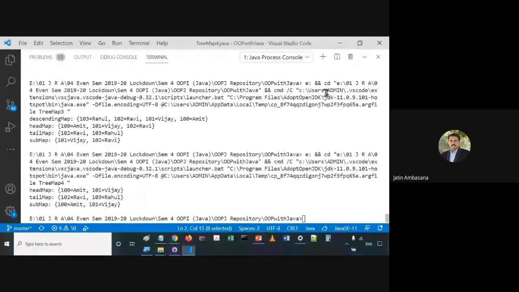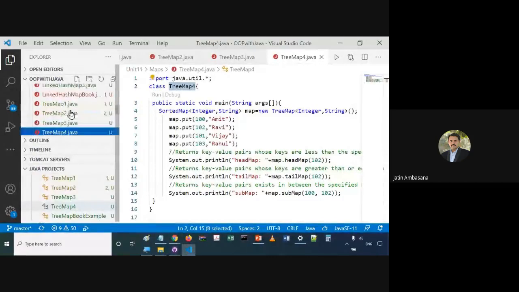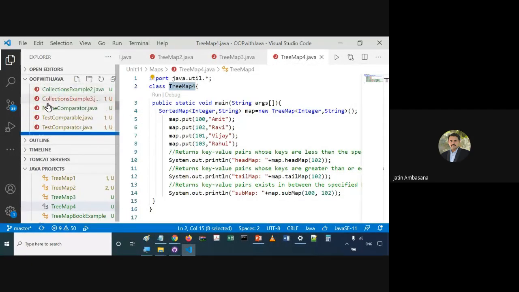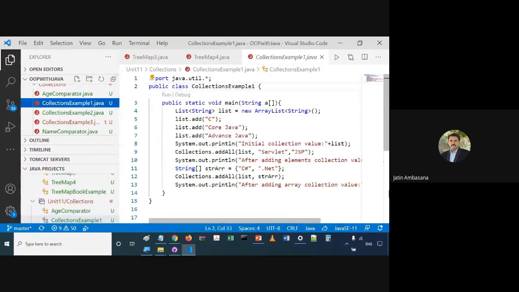Okay, so these are some of the examples that you have used, and I have uploaded all these examples on the repository, so all of you can access these map examples. There are also collections examples, where the Collections class has been used. See, these are some of the utility methods of the Collections class that you can use.